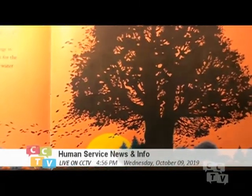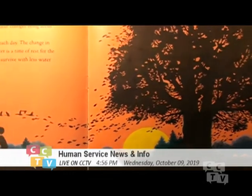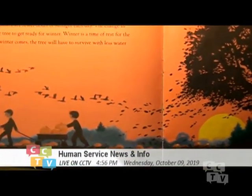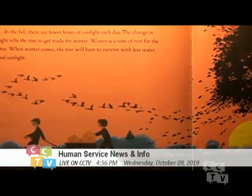In the fall, many things are changing. In many places, there is a change in the weather. There are changes in light and temperature. Inside the leaves, there will be many changes